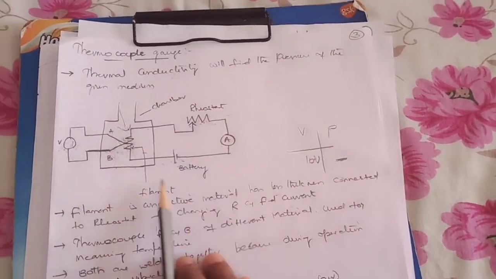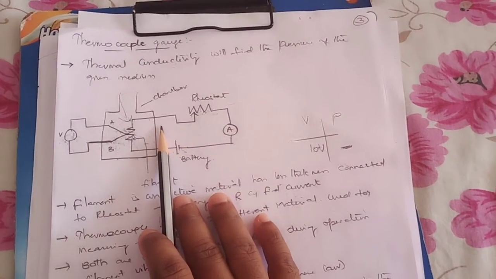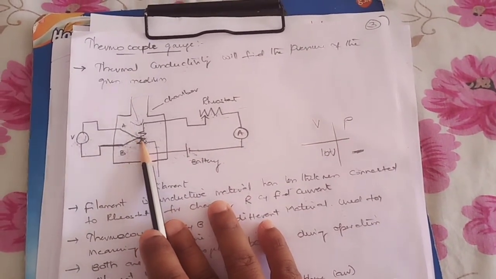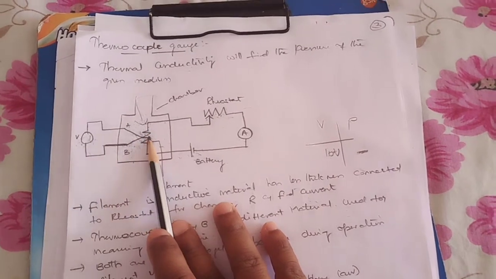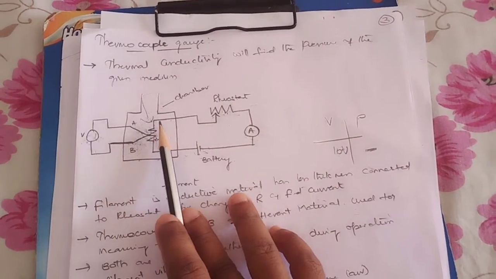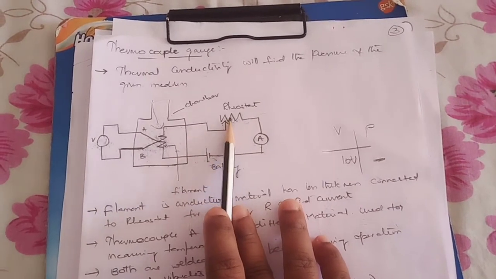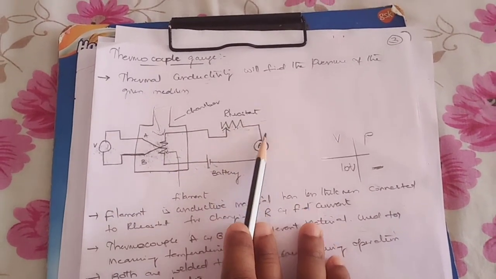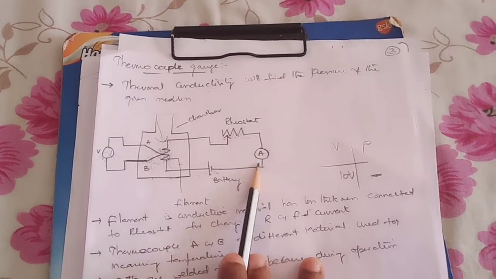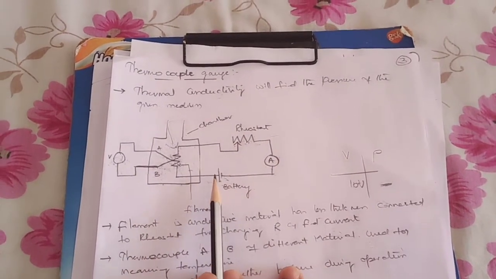So this is a diagrammatical representation of a thermocouple gauge. This is a filament, which is generally called a conductive filament. The thickness of the filament is very thin. The other end of this filament is connected to the rheostat, which is a variable rheostat, and the rheostat's other end is connected to the ammeter. The ammeter's other end is connected to one end of the battery, and the other end of the battery is